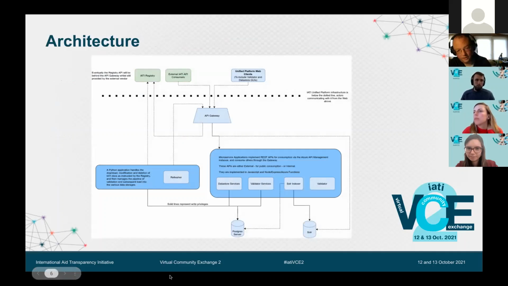This is the architecture slide I was talking about. So I won't go into too much detail here, but I will give you a quick overview of the unified platform's architecture. So you will see at the top end, there's a big dotted line, and that big dotted line represents the boundary of the unified platform with the rest of the internet. So anything above are things making calls to the platform. Anything below is the actual unified platform. Unified platform is built on Azure,